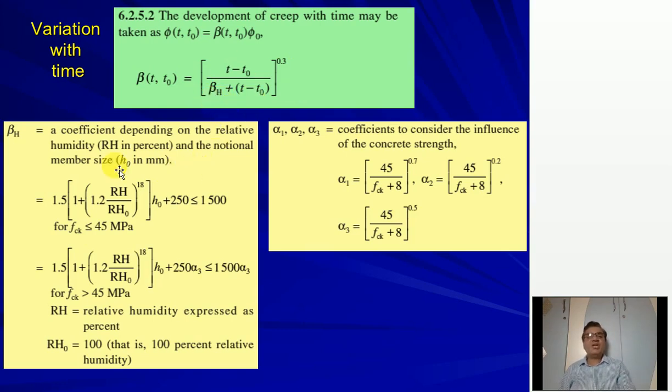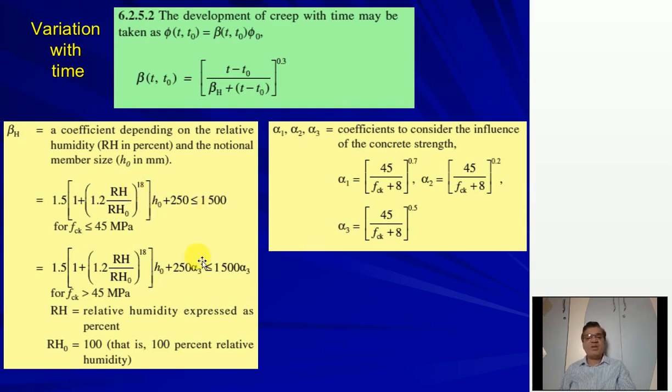Now beta h is the coefficient depending on the relative humidity, and here the equations are given for beta h. The first equation is given for FCK less than or equal to 45 MPa, and the second equation is given for FCK greater than or equal to 45 MPa. RH is the relative humidity, and RH0 is 100. That means it is the total relative humidity, and we have to substitute RH0 as 100. Well, this equation is less than or equal to 1500. This is the condition which is given here. That means if this value comes to be more than 1500, you consider the value as 1500,